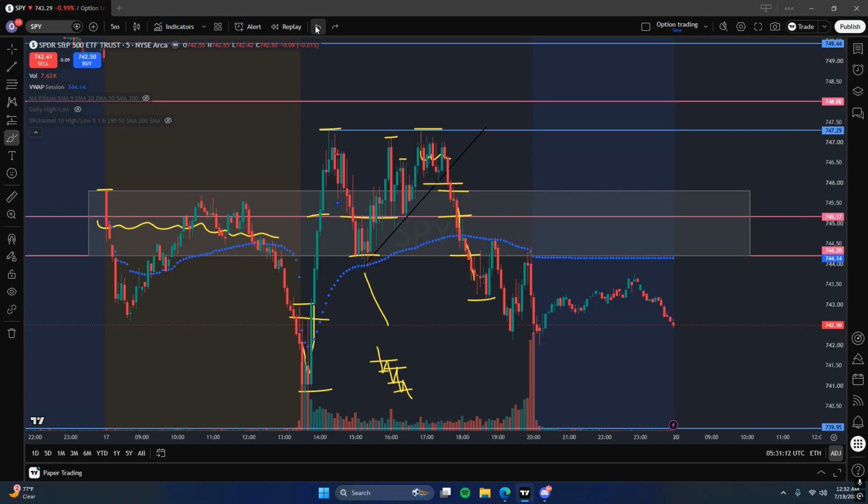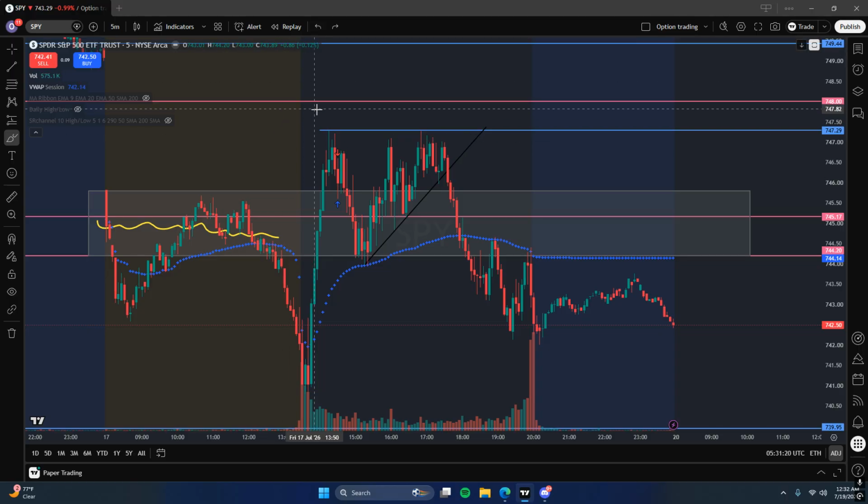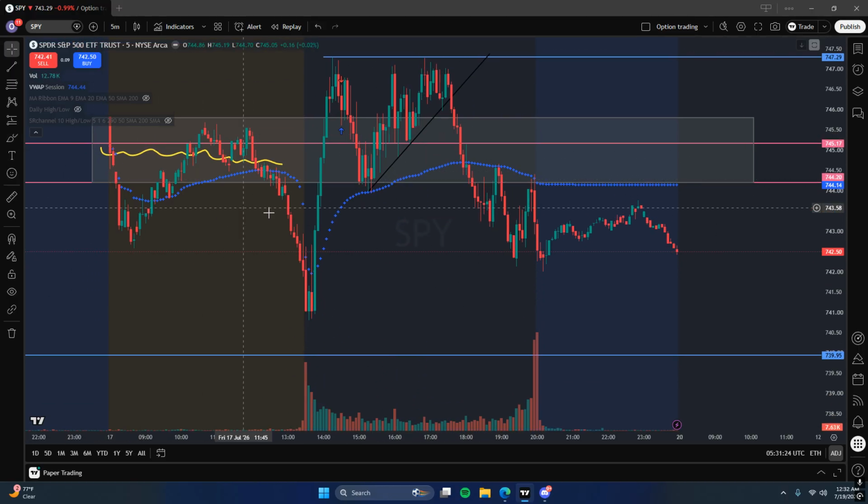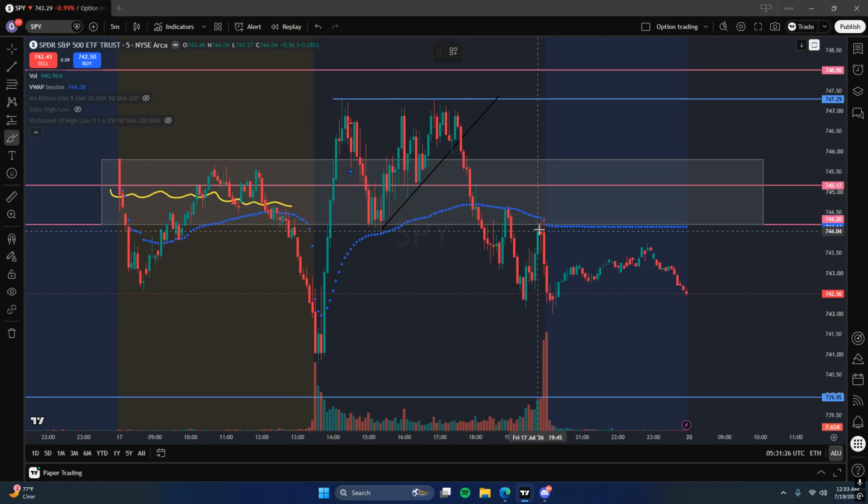Now, I'll go over a little simpler here. But when you're watching this, you just need to watch the support zones, watch just kind of the daily range that we're moving in, and really pay attention when you're seeing this. Be careful of these bear traps. When you're having these long downturns, don't be stuck here. Okay? The easiest way to describe a bear trap, just for those who are learning it,